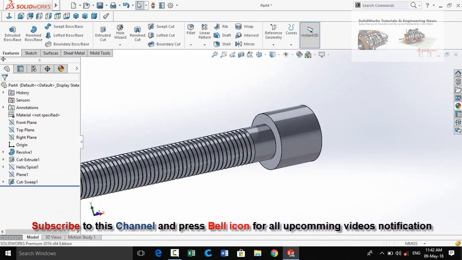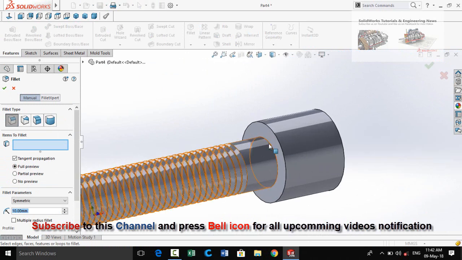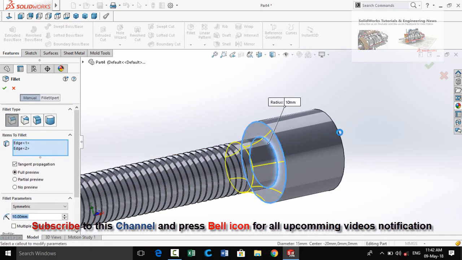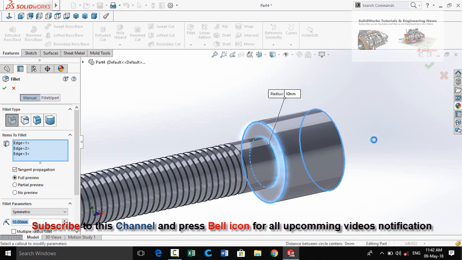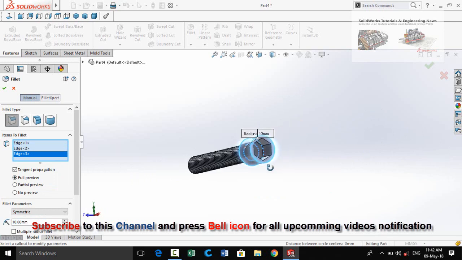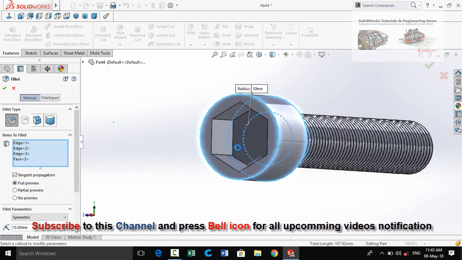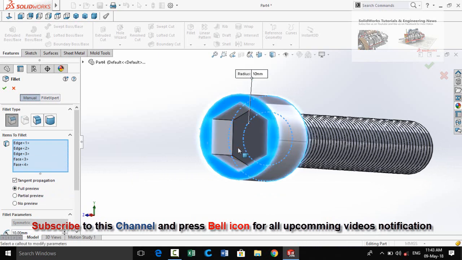Now in the Features tab, select Fillet command. Select this circular edge, this circular edge, this circular edge, then this face and this face.